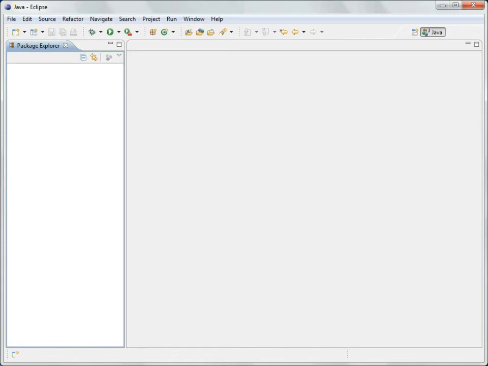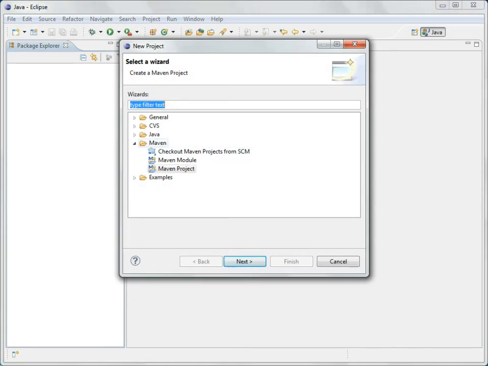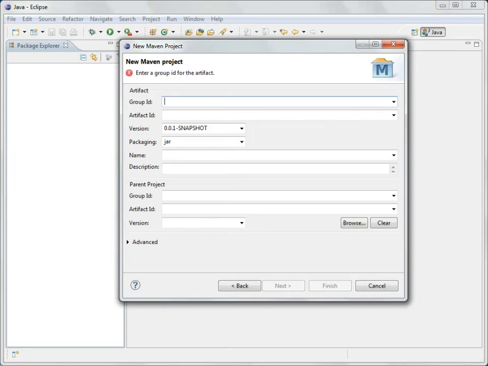The first step is go to File, choose New Project. And you can see one of the selections is Maven Project. So we're going to choose Maven Project and create a simple project. That will work. And then it's asking for a group ID. So I'm going to give it